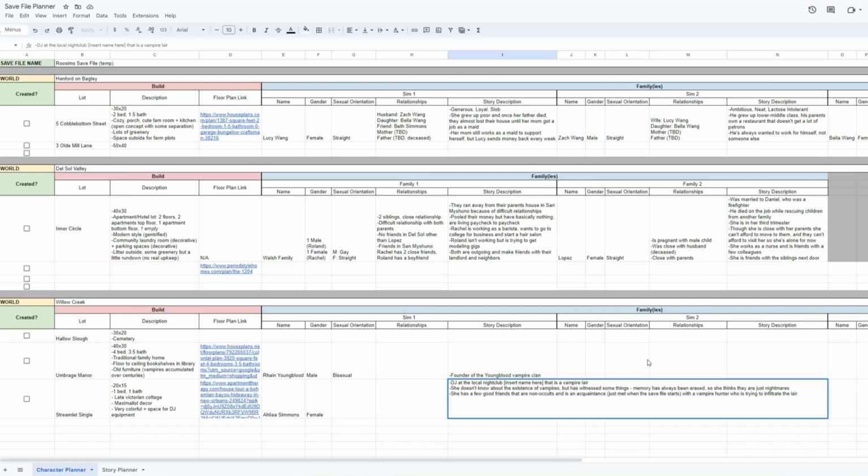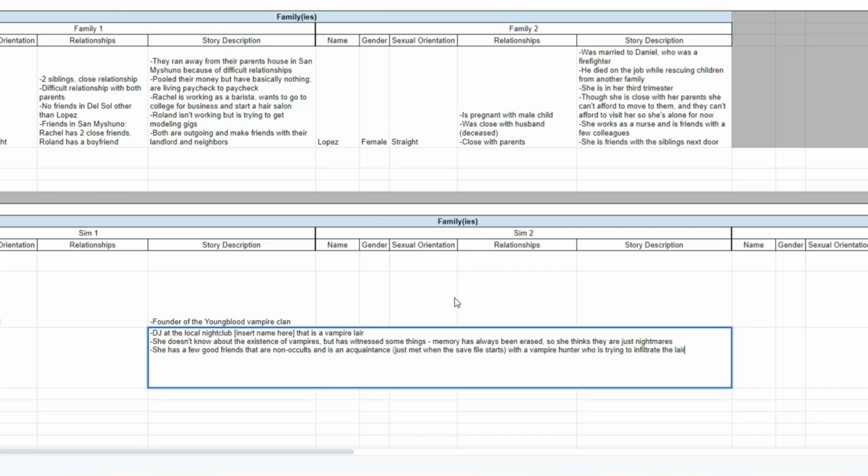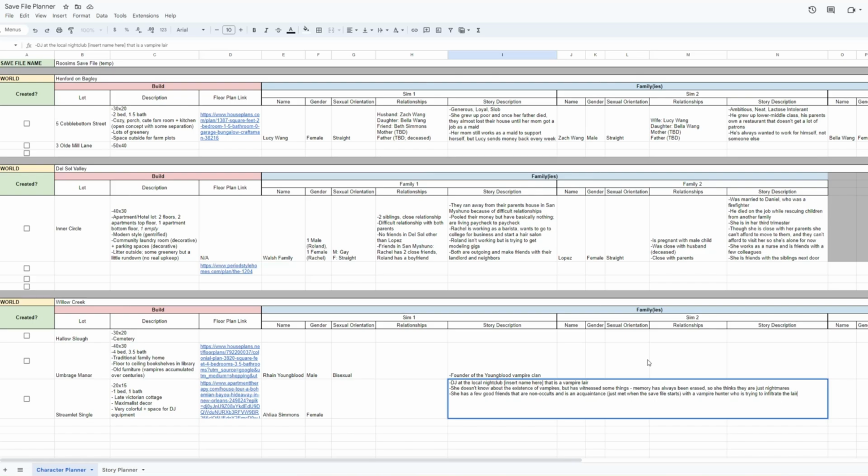But she is going to have an acquaintance at the point where the save file starts. Basically, they will just be acquaintances with a vampire hunter who is trying to infiltrate the lair and take down the vampire clan. Obviously, this is just a very rough draft of this storyline, but as